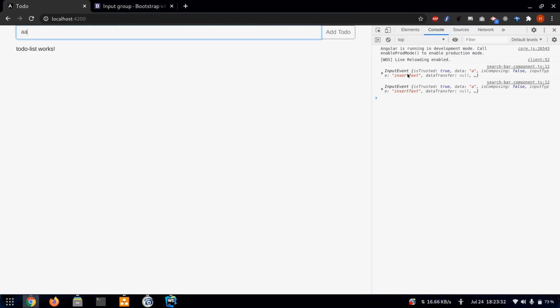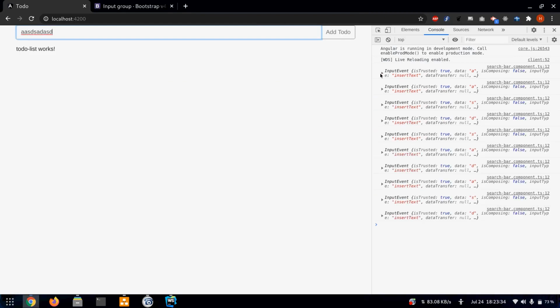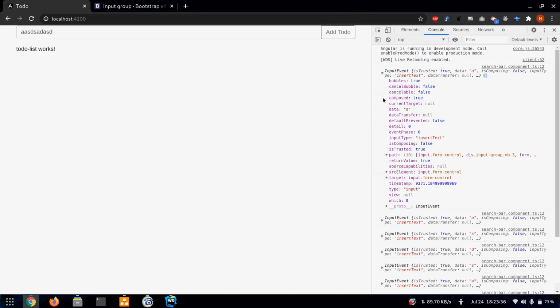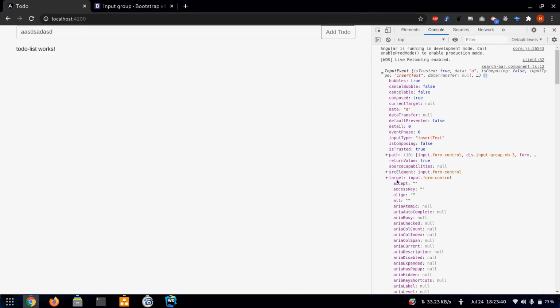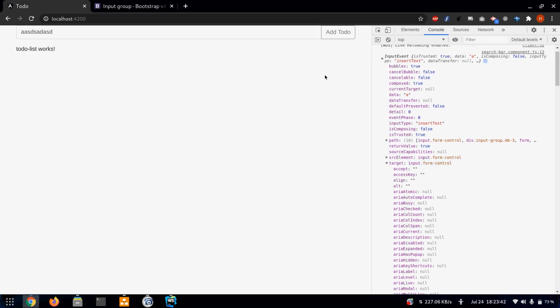So whenever I'm typing something, we get an event. If we expand this event and go to target, this is our input tag that we attached this event on.